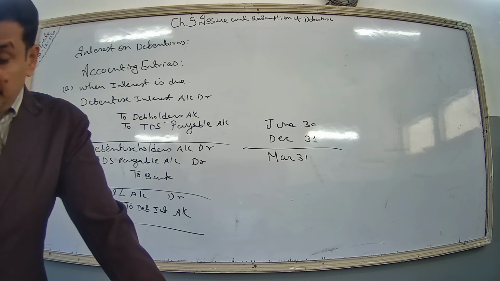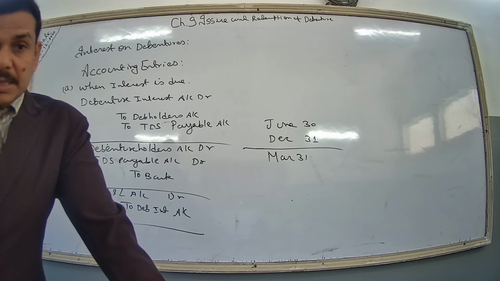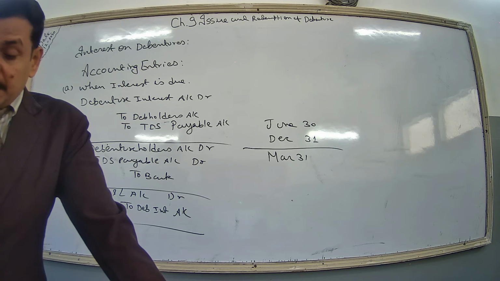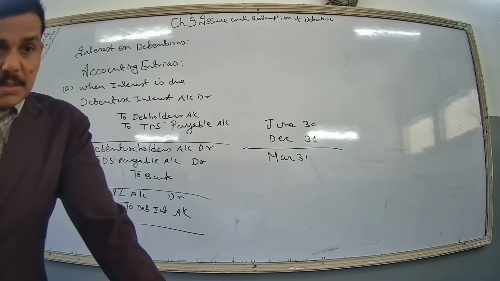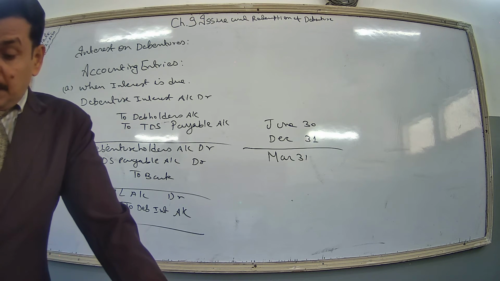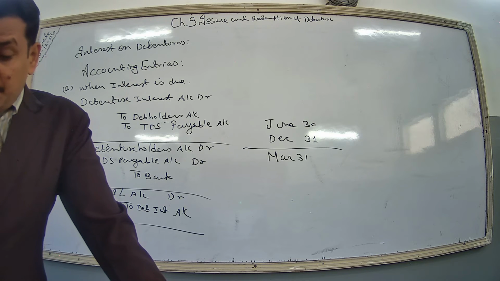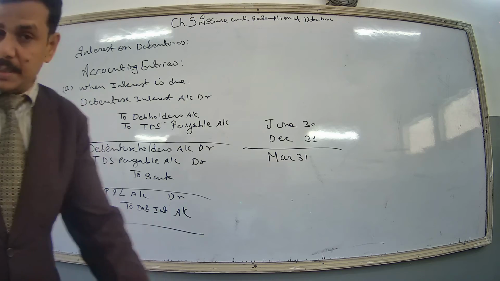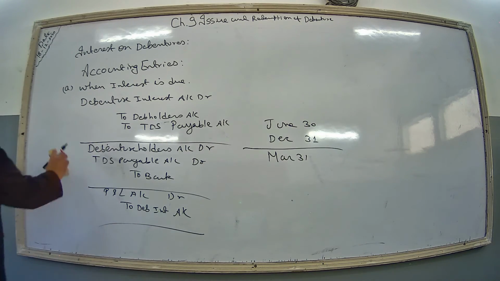Now you can start with the 1st April also. So bank account debit to debenture application and allotment account 1,50,000. Then debenture application and allotment to 10% debenture. Clear? Interest is payable half yearly. So first you provide interest on 30th September. Okay, see how to deal with this.